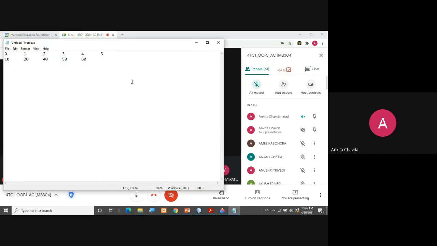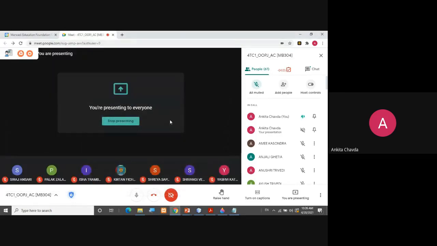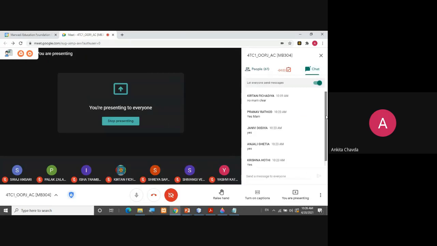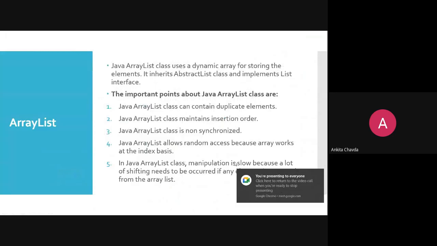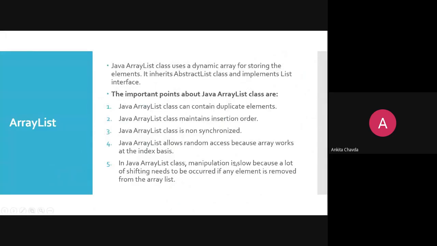But you don't have to worry about it. You don't have to do this. The ArrayList class does it. You don't have to apply your logic over here. It will be done by the class itself, but that is why the ArrayList class is slow. That's what they are saying, right? Because here the manipulation is slow. If you are just fetching the elements and adding the elements, then there is no problem. But when you are doing some kind of manipulation, meaning you are deleting or removing elements, then and only then there is a problem. Fine.